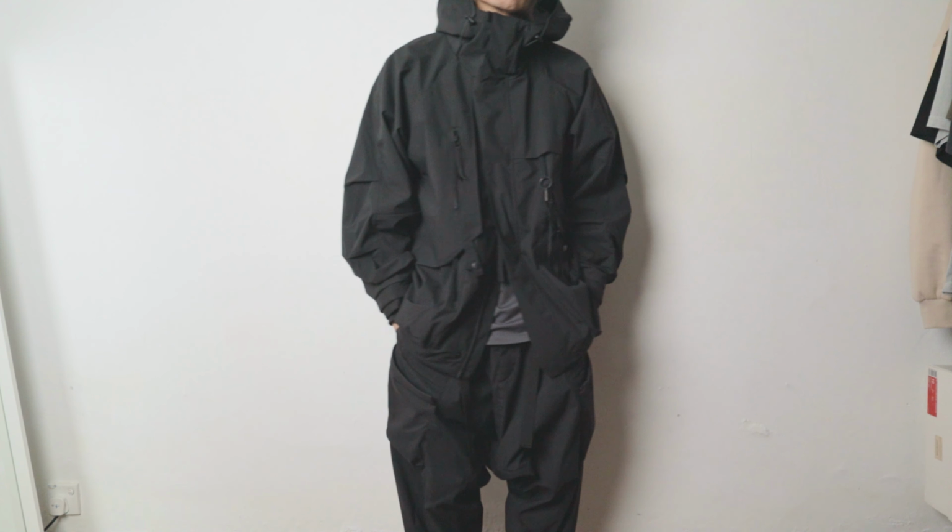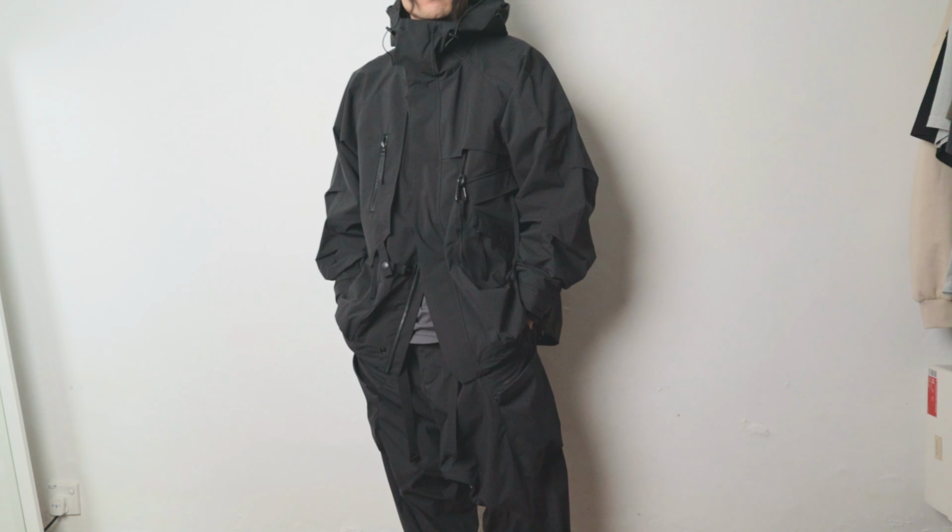Do take note that this is only a shell jacket, therefore it won't be able to provide much heat insulation. Therefore, you will need to layer up underneath it if you are planning to use it during this winter season. Thankfully, because of its oversized silhouette, there is plenty of room to do so without looking like the Michelin Man. The overall construction here is superb, and everything from the stitching job down to the attention to details